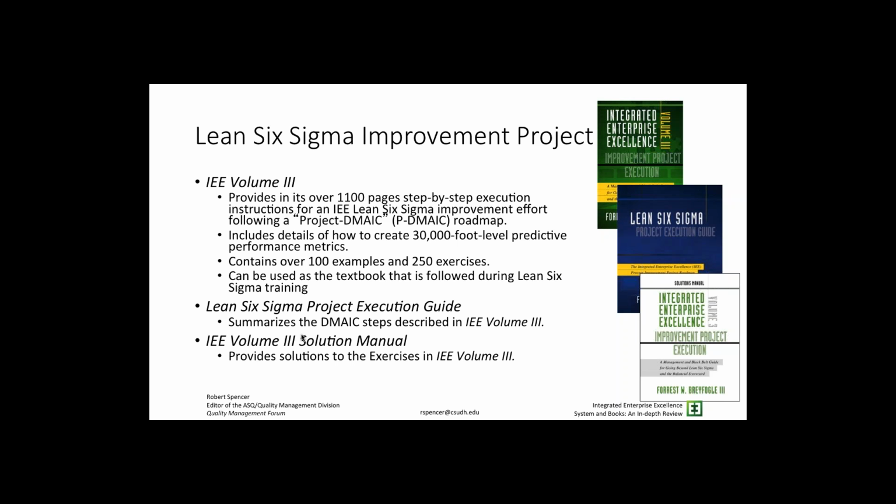And the 30,000-foot level and the 50,000-foot enterprise level that Forrest introduces are ways in which we can look at the entire organization and not get bogged down in too much detail until we get to the point where we need to drill down to that detail to make better informed decisions.